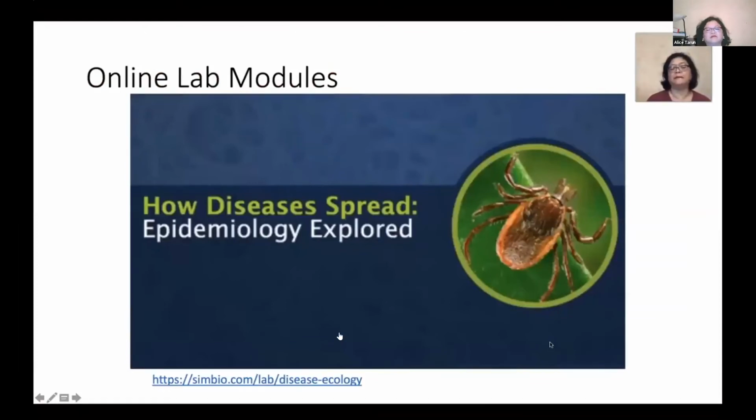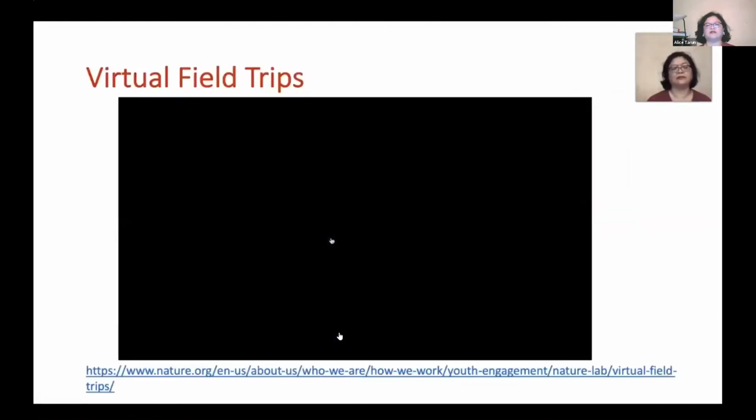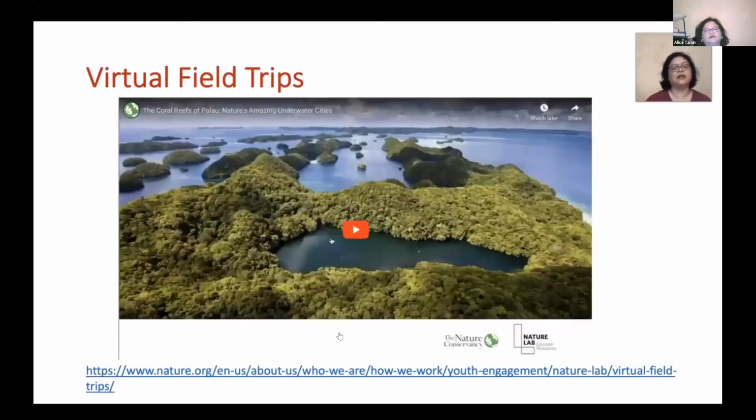So there are also online lab modules. Some of them are paid subscriptions, but this one by Symbio is available for free, and this provides a way for students to understand the COVID pandemic, the SIR model for disease infection. Now, if field trips cannot be done, then we can bring the field trip to the students, essentially giving